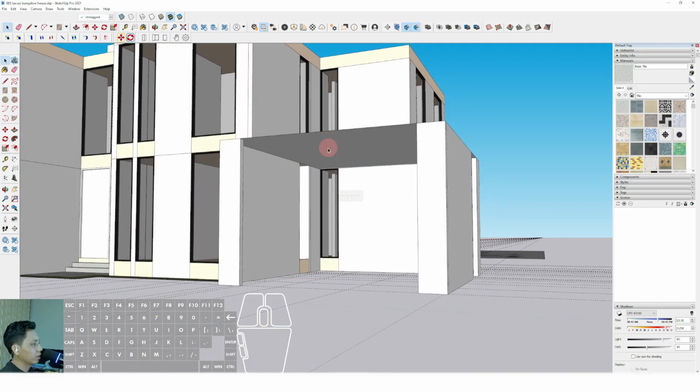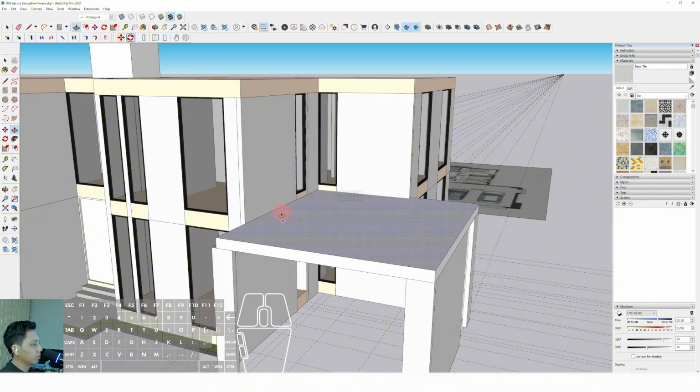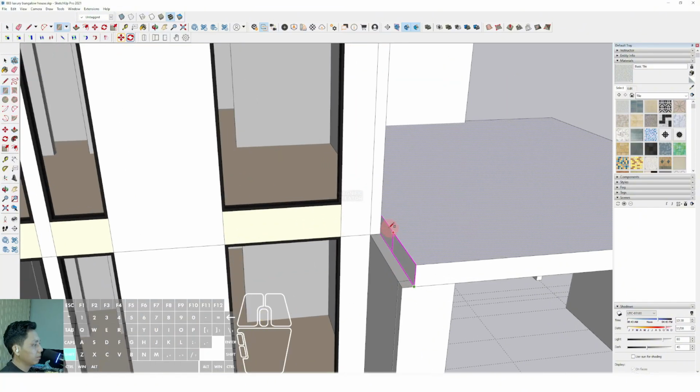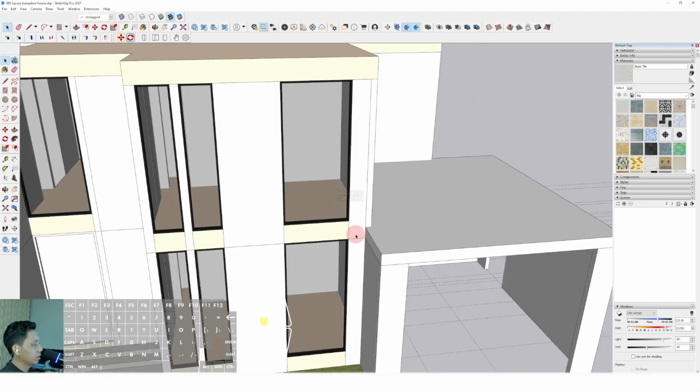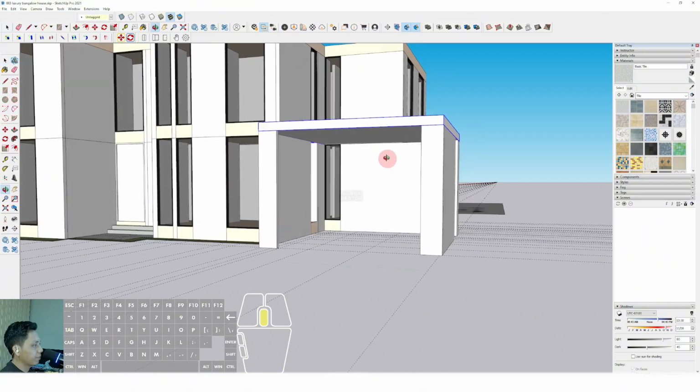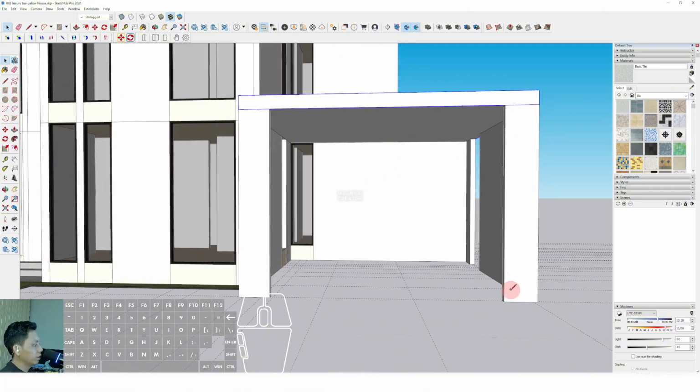Okay, we can push it a little bit and make a little bit additional surface in here and triple click, make group,